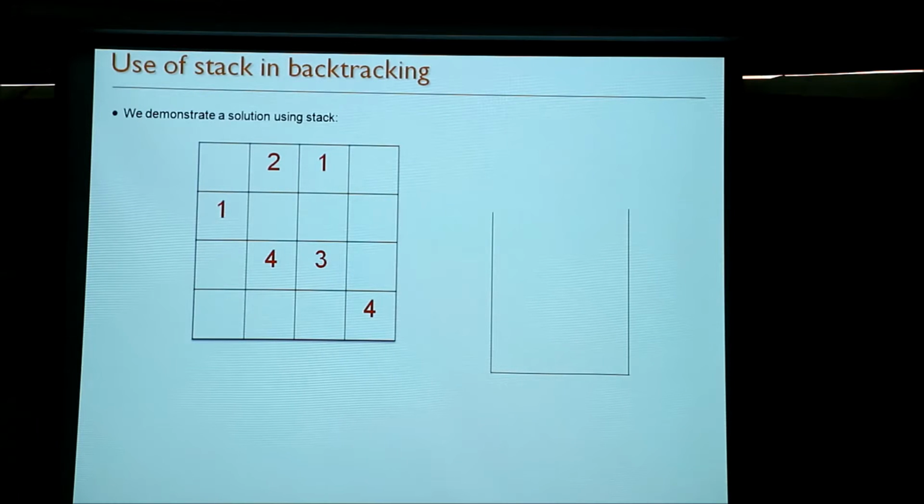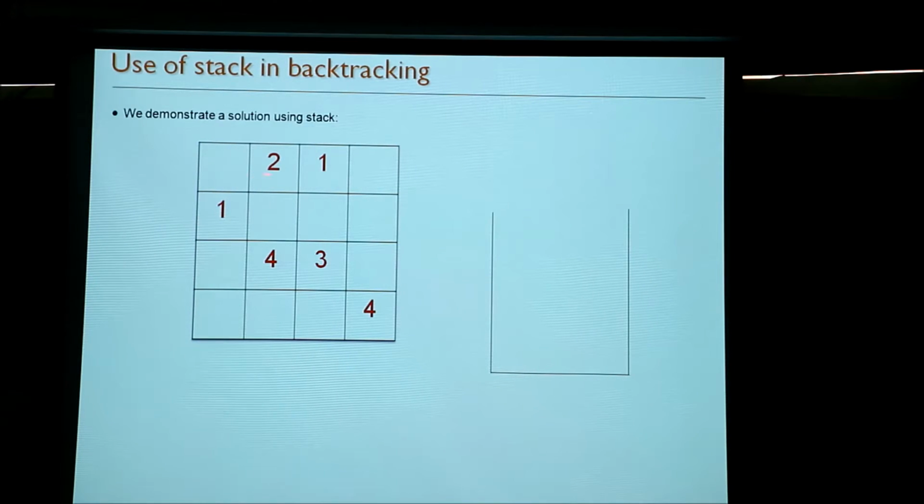So how do we do the backtracking using a stack? As before, we start with the first empty cell, which is this one, and we try to give a value which is valid. What is a valid value here? There is already a value 1 in the column, so we cannot put 1 here because that will lead to a conflict.